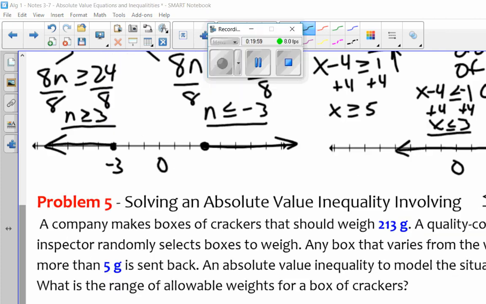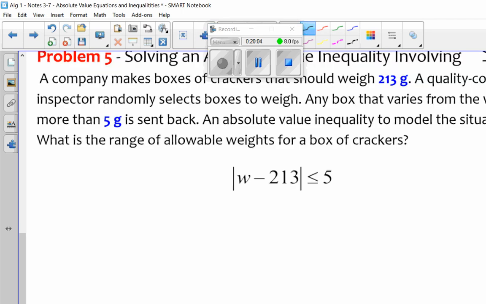Okay, if we come down here to this inequality here, I'm going to solve this, and then just write this down for me, please. And this is what different businesses might be using when they're packaging something. So in this question, we got this company that makes crackers, so Ritz crackers. And they have to, by law, label how much weight or volume of crackers is actually in the box. And that could be really tough to do because